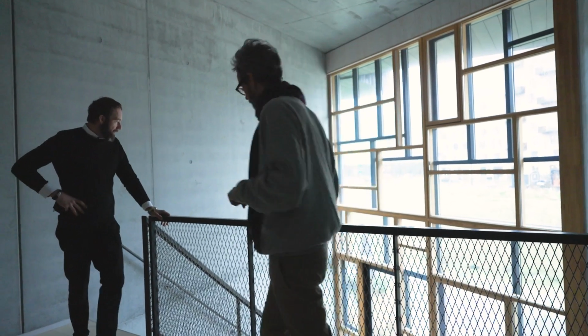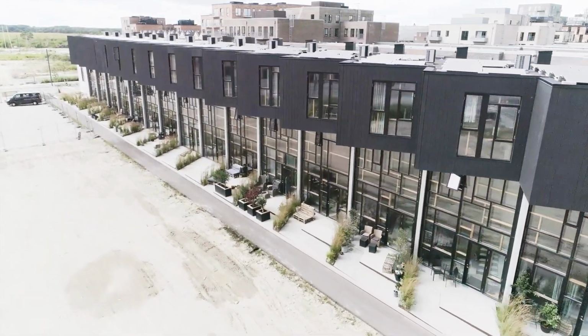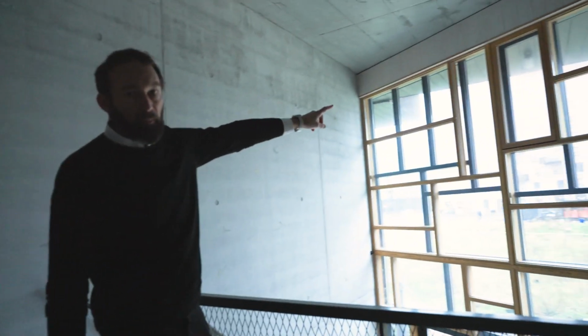Yeah, I think it's really rare that in a new building you have a 6 meter and 60 centimeters high space. And the reason why we did that was, as I said, the building is 18 meters deep. So we really needed to get as much light in as possible, and now it's a super great day, so almost no light needed. But the reason why we actually walked out here was our fantastic cameraman Tiff,